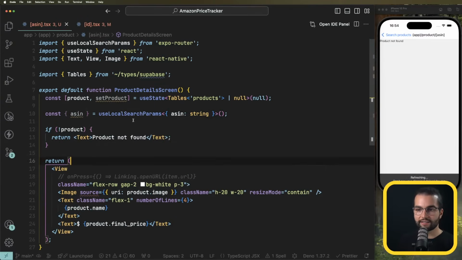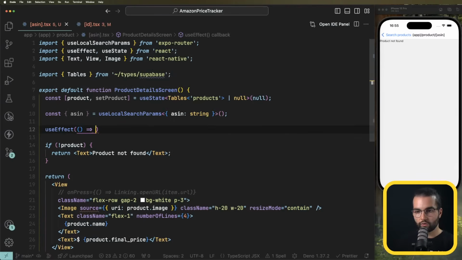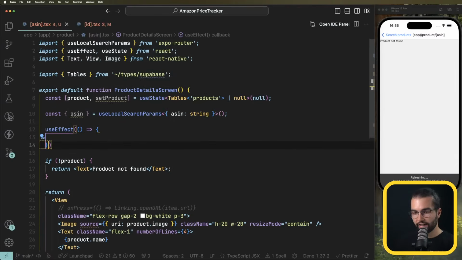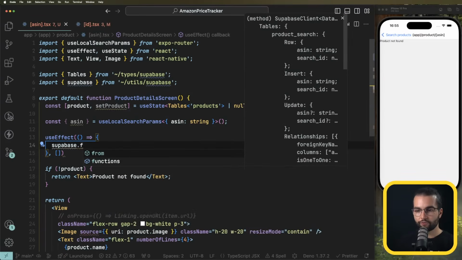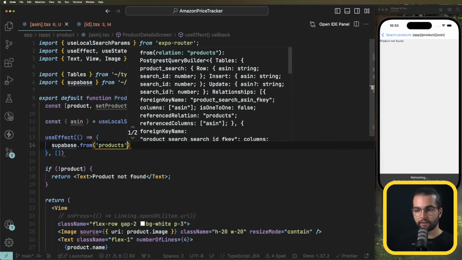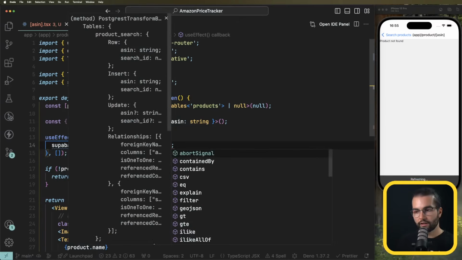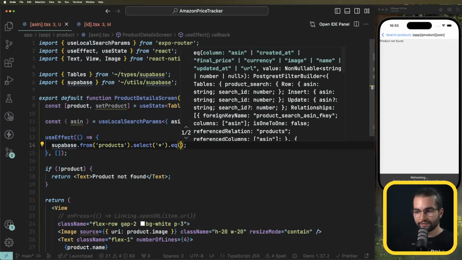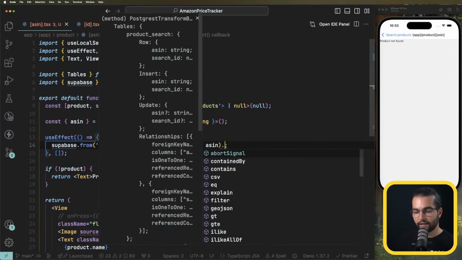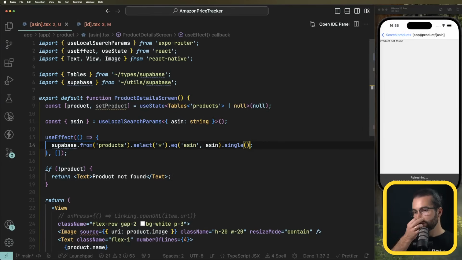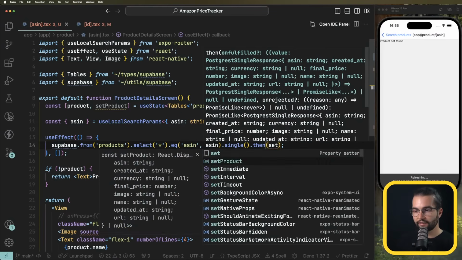So we're going to take the asyn, and in a use effect, we can go ahead and do, hey, Supabase, fetch from the table called products, select all the columns where, with equal sign, where asyn is equal to asyn, and let's do single because I only want the first item,